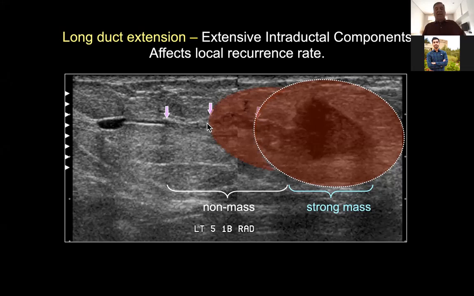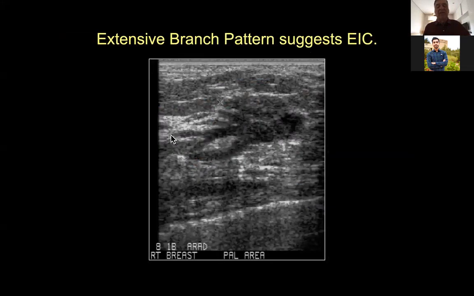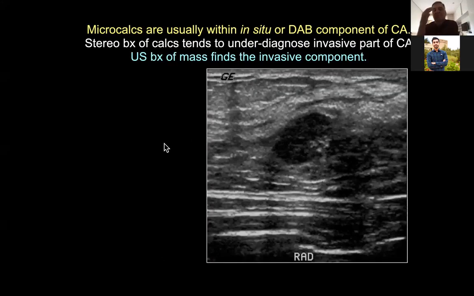So again, that's my argument for why we should map this out as best as possible at the initial scan. Now, this is a very extensive branch pattern. This was actually a benign papillary lesion, underwent secondary malignant degeneration, had lots of grade 2 DCIS components associated with it. Now, I like to even put the ultrasound probe on calcifications, even just clustered pleomorphic, or what Laszlo calls